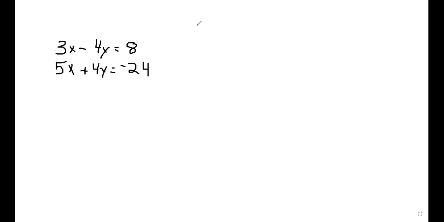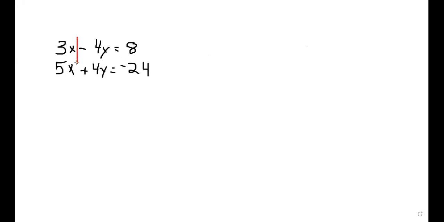Okay, now what do we notice about these equations? Well, the first thing we notice is that they both have two variables, two different letters, x and y. All right. Now what we're going to try to do, we're going to try to eliminate one of those letters. Because we want to come with an answer, x equals a number, y equals a number. And so the best way to do that in this case is let's take a look at these two numbers